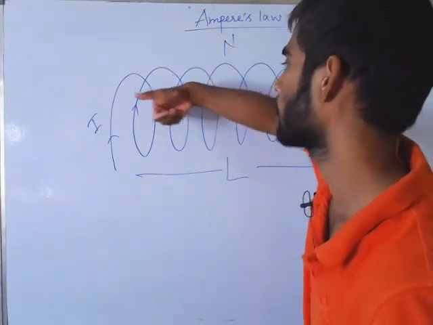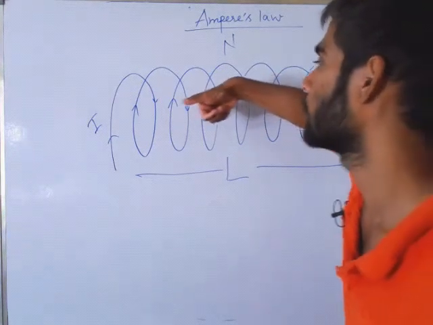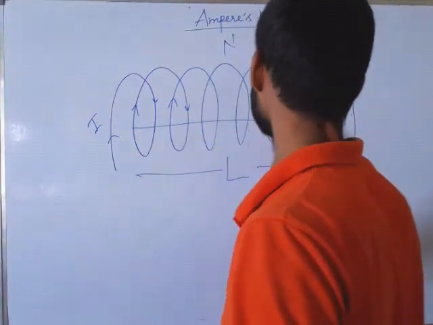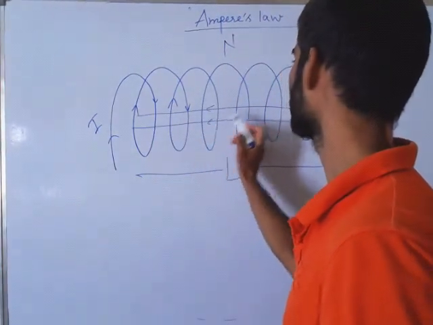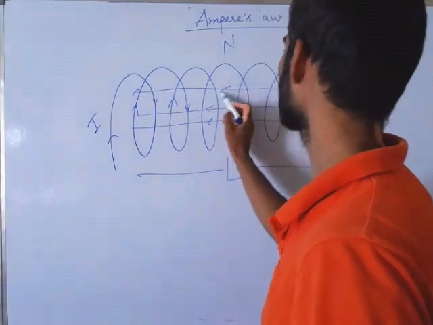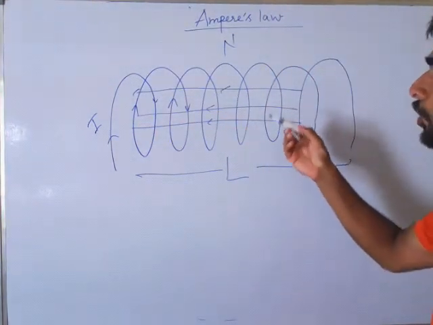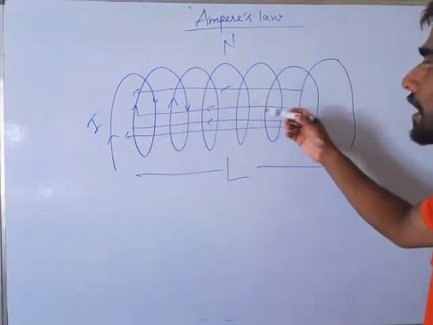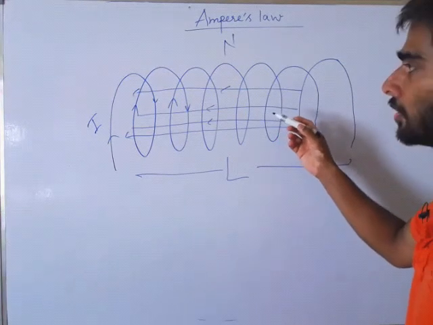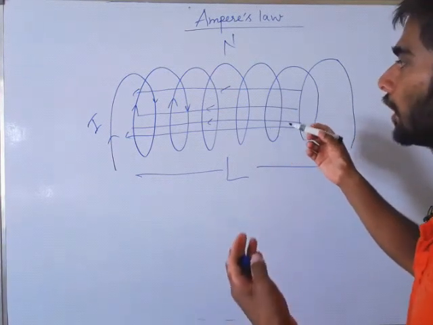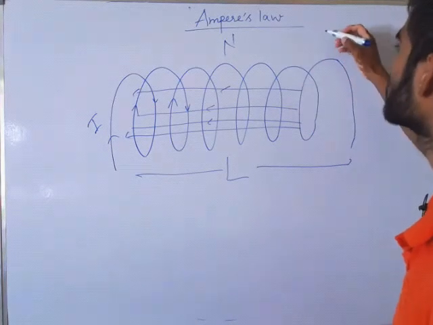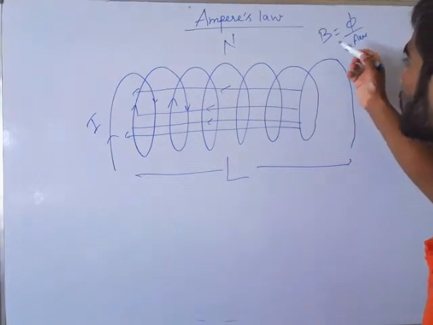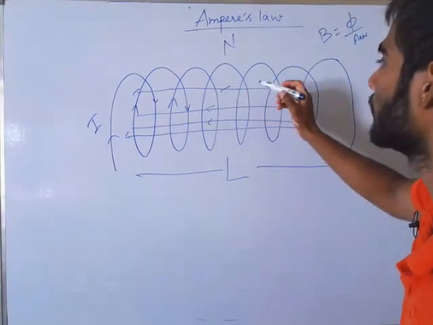Can you see the direction of the magnetic field? Each and every turn gives the magnetic field direction like this, in this direction. So the magnetic field lines inside the coil will be like this, in this direction, okay. And one assumption we make in the solenoid is that the magnetic flux density inside the solenoid is constant. What is magnetic flux density? Flux per unit area, okay. So I am saying that the flux density is constant at each and every point inside the solenoid.